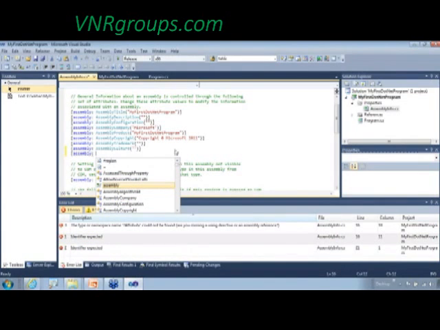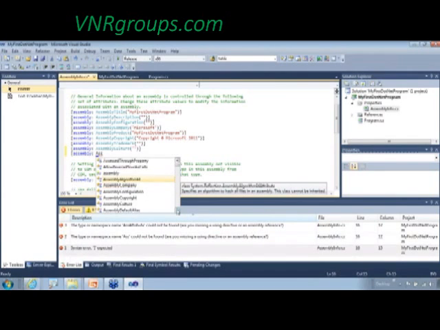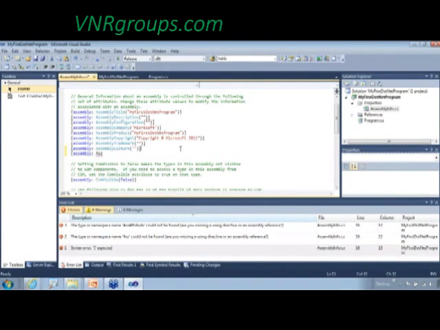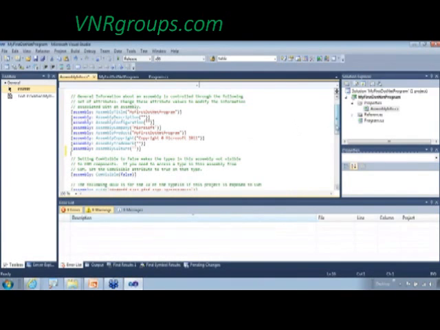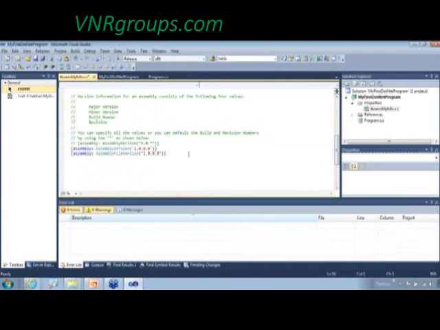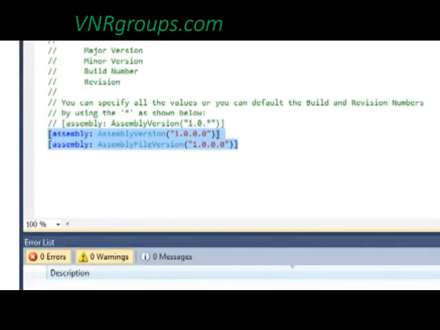So if you look at the assembly attributes here, all these are assembly attributes. There is a lot of information that you can attach to the assembly, more than the ones that you see in the project properties window. Out of that, most importantly, these are the two things that you really need to pay attention to,